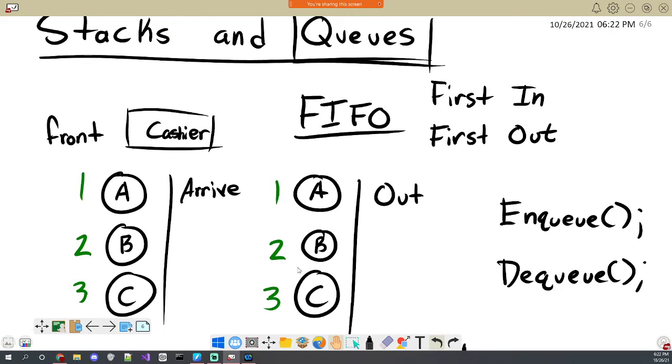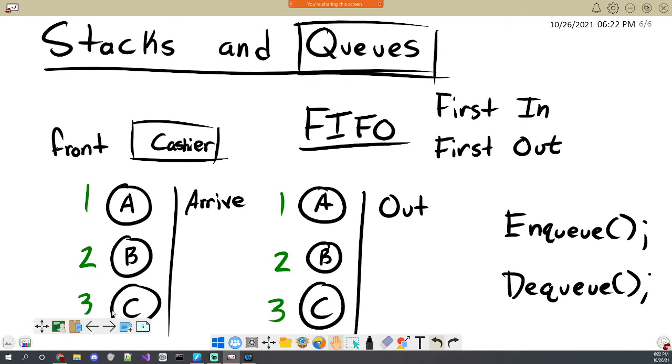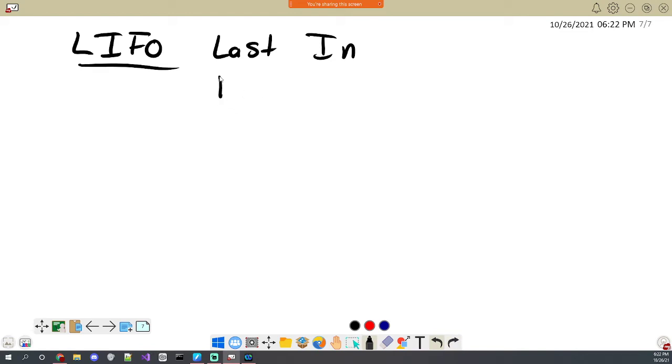I think these ones are pretty common sense. I'm sure something that everybody does on nearly a daily basis is you just get in a line. Now, the stack is a little less common sense, but is also very useful, and I would argue is more useful than a queue. And rather than being first in, first out, it's going to be LIFO, which is last in, first out. Or you see some people do this the other way around. They'll say FILO, but I think this is more common, so I'm just going to call it that.